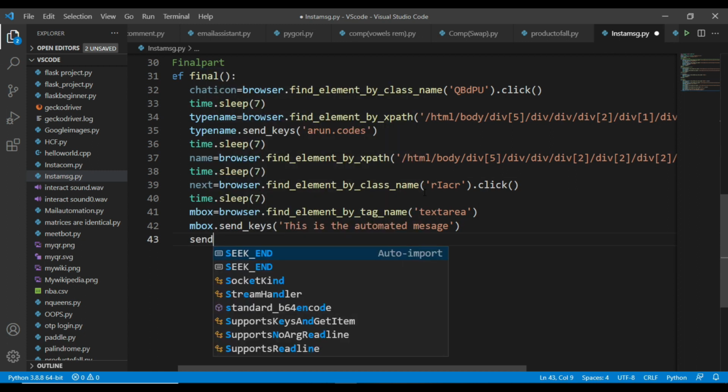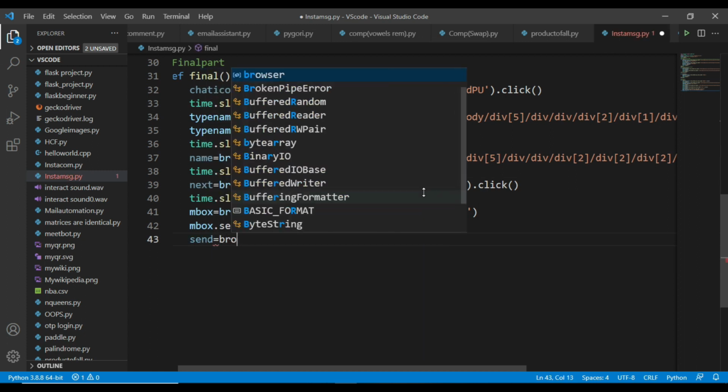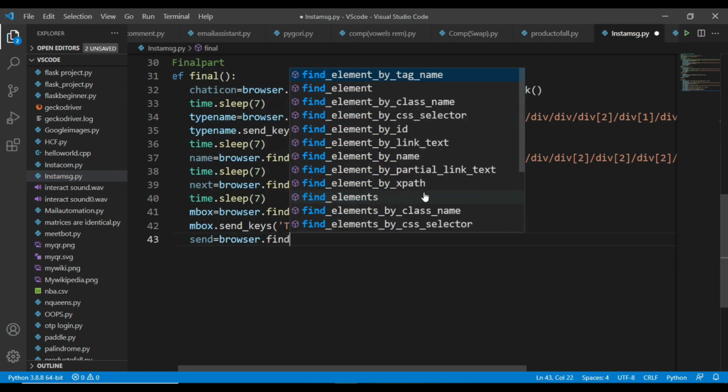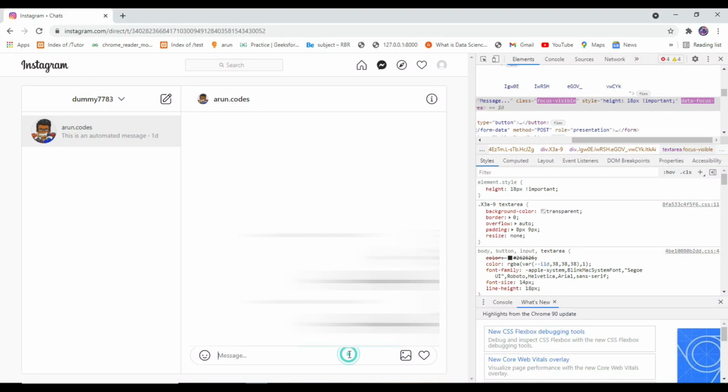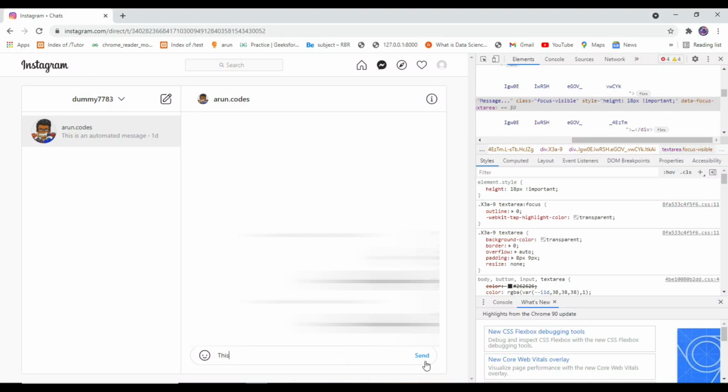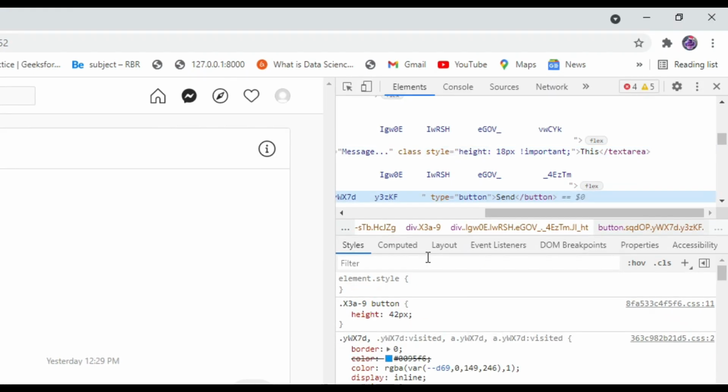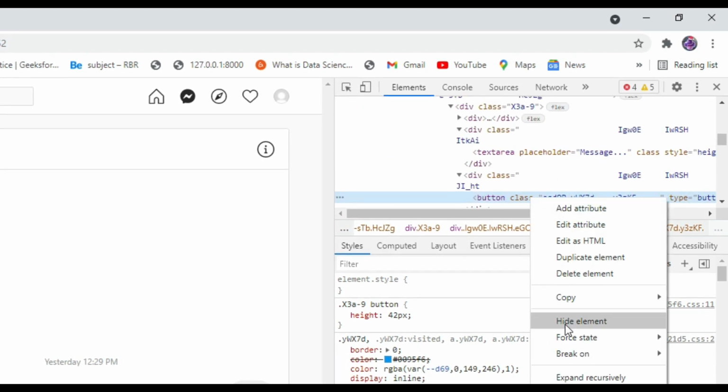And then create a variable send and type browser.findElement by xpath. And go to the site and inspect the send button and copy the xpath value and paste the value on the object.